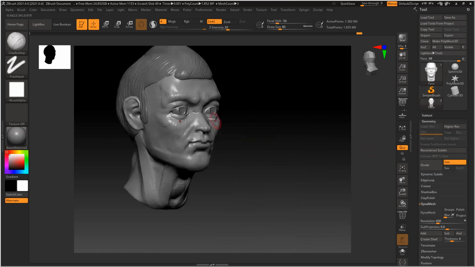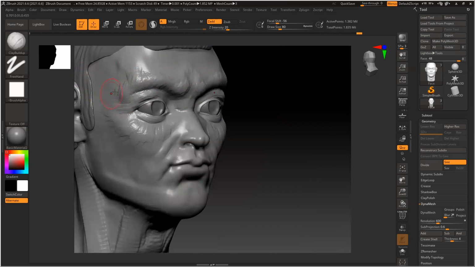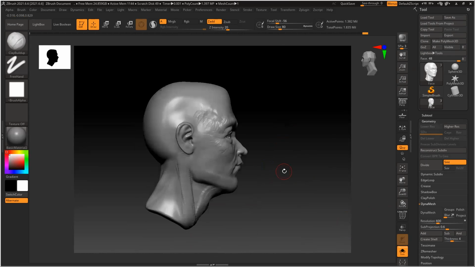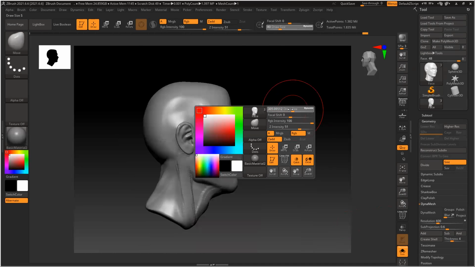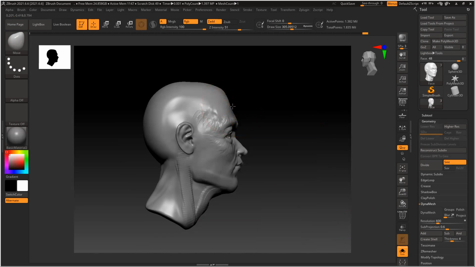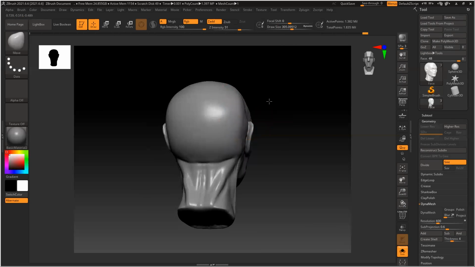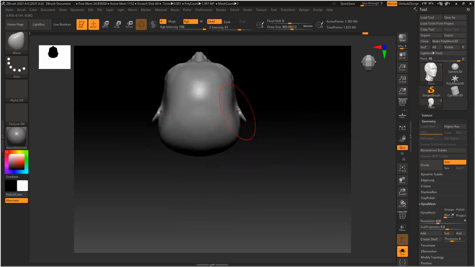Slowly add those muscles and fix things. This goes slightly inside. Then if I solo this, this shape is correct and looks nice, but from the back it's not correct. The back is slightly broad from the top view, so slightly narrow it down, more of an egg shape.